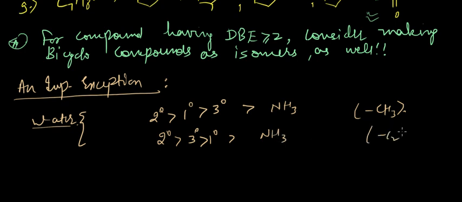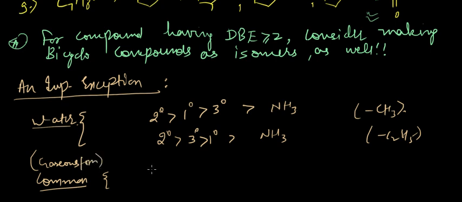If we have a C2H5 group attached to the amine, and this is in water, but in general, or in gaseous form, better to put it as gaseous form, we can say that the order would be 3 degree, 2 degree, 1 degree, and ammonia, obviously because 3 degree has more plus I effects attached to itself. Okay, this is in the gaseous phase. Okay, so